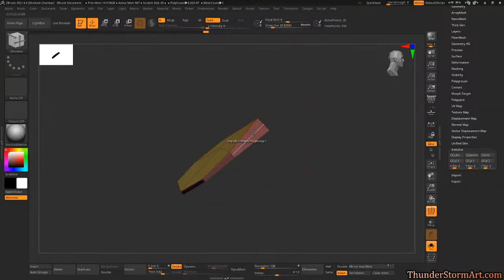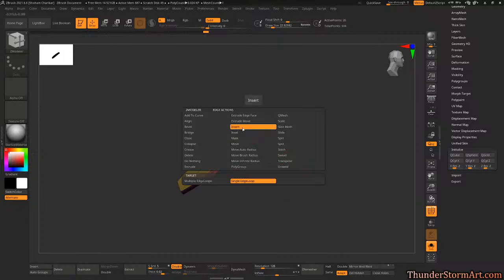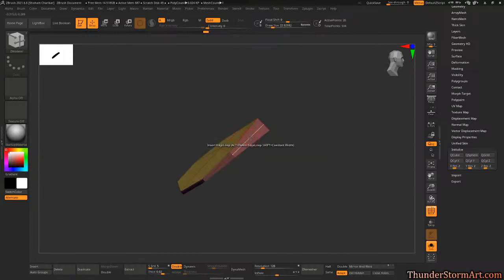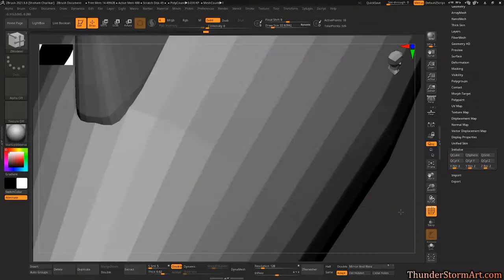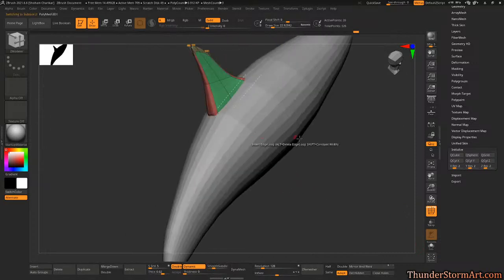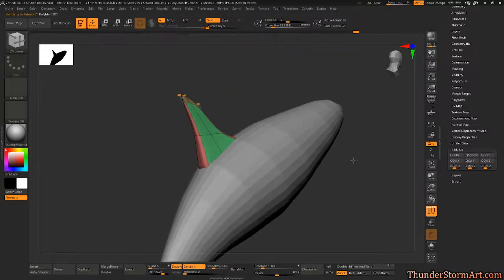Okay, and then we can hover over this edge. By default, insert is going to be activated, right? And insert is what lets us create extra edges. But we just want to get rid of this edge, so we're going to hold Alt with this edge highlighted, and then it's going to get rid of that entire form. And what that does, we can show it right here. So what that does,